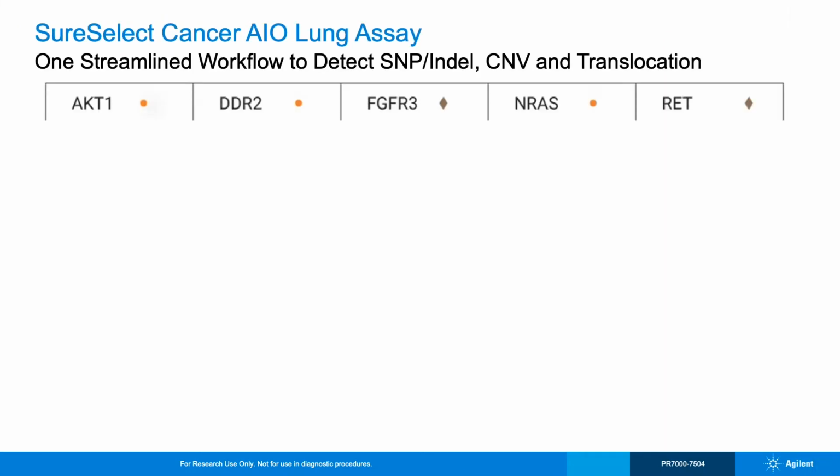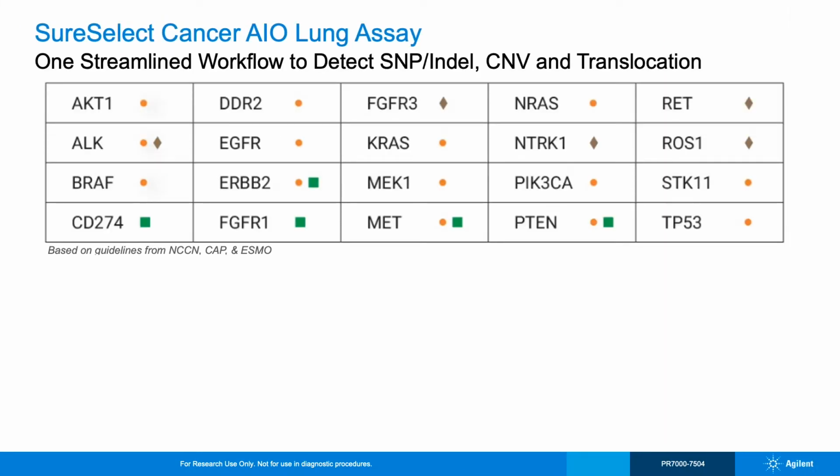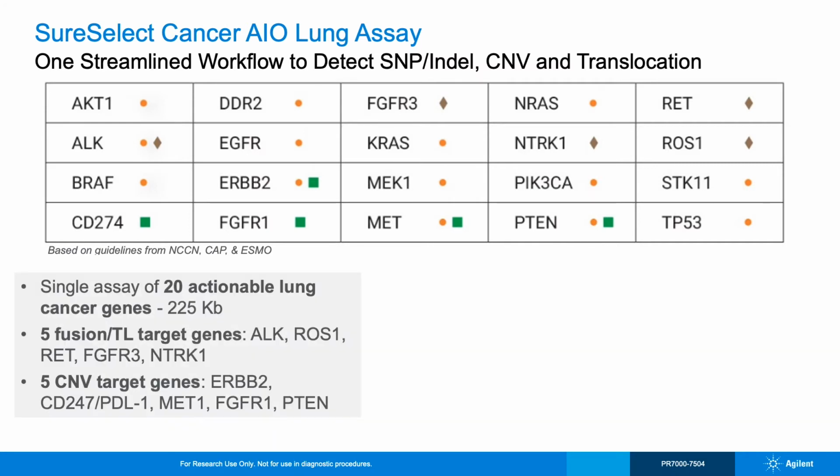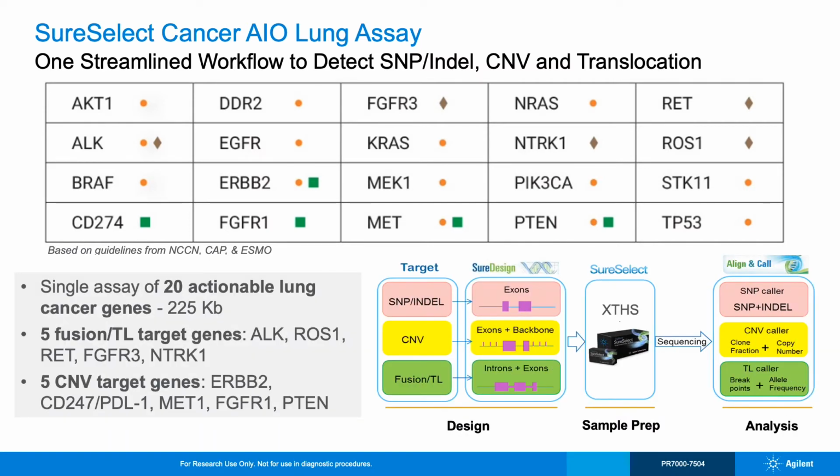The SureSelect Cancer All-in-One Lung Assay consolidates the detection of all variant types into one workflow with a single DNA input. This assay includes all somatic variants associated with non-small cell lung cancer in 20 genes based on the guidelines of the National Comprehensive Cancer Network, the College of American Pathologists, and the European Society for Medical Oncology. It can identify rearrangements in ALK, ROS1, RET, FGFR3, and NTRK1, and copy number changes in ERBB2, CD247, MET, FGFR1,